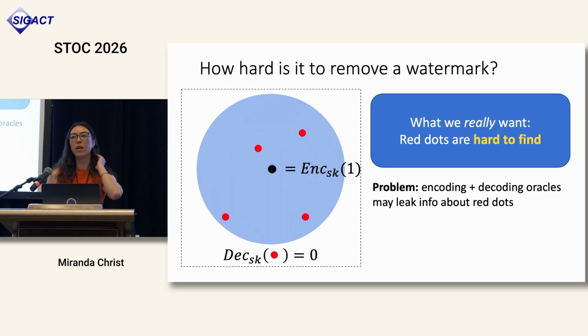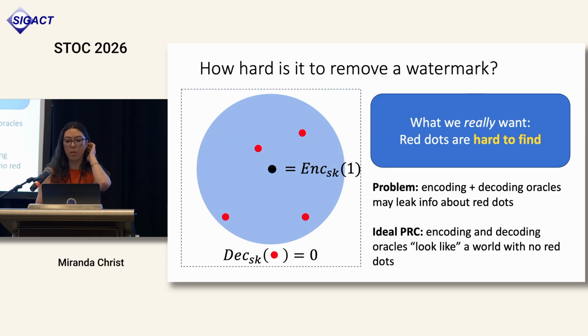And in particular, if an adversary can query encoding and decoding oracles, or in practice, if they can see watermarked responses and query a watermark detector, which reveals information about the underlying code words, then this might tell them something about the location of these red dots. This might help them find some low-weight error that they can introduce to cause incorrect decoding. And so this problem led to the introduction of a new kind of pseudorandom code with stronger robustness. It's called an ideal pseudorandom code,